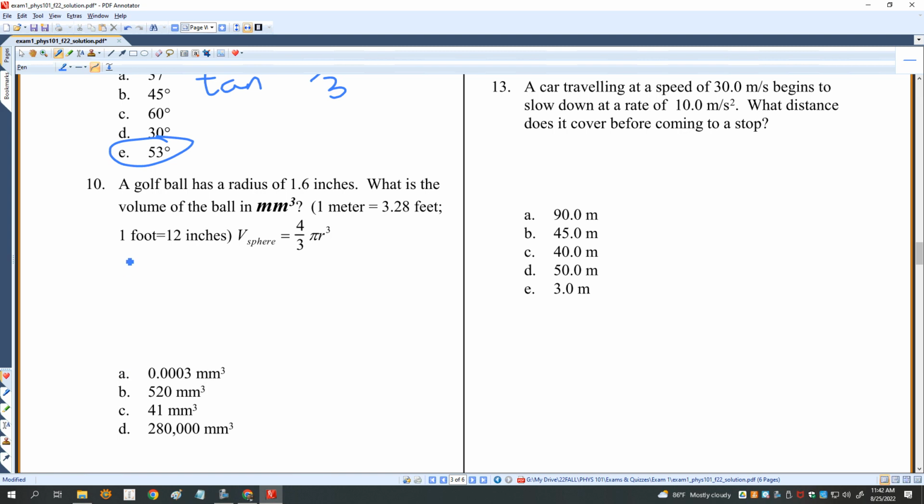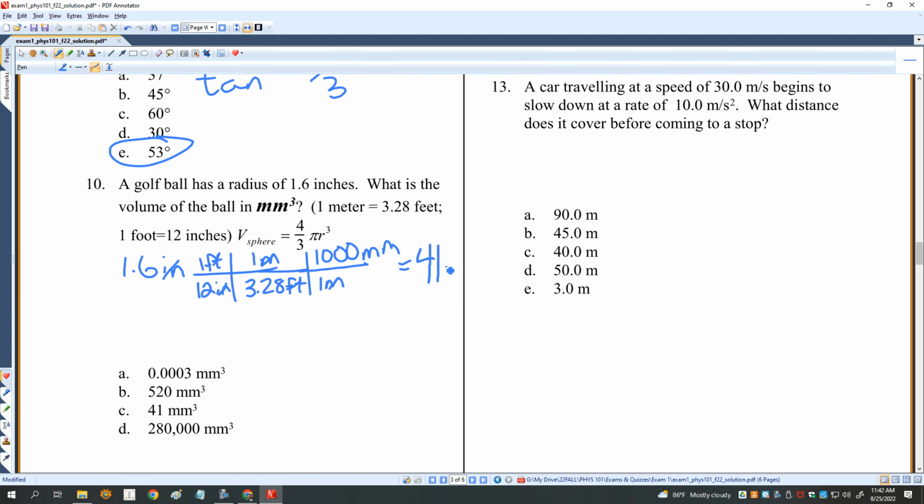So here, it's probably easier to change the inches into millimeters first. So I would have 1.6 inches, 12 inches, 1 foot. In 1 meter, there are 3.28 feet. And in 1 meter, there are 1,000 millimeters. Let's just make sure I did that right. There's my inches, cancel, cancel, cancel, cancel, cancel. And I'm left with millimeters. If I do all that, I get 40.65,